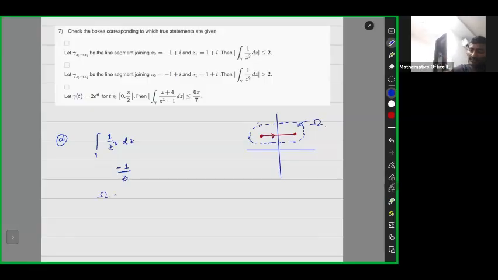So let omega be x plus iy such that y is positive, which is also called the upper half plane. There 1 by z square is holomorphic. In H, 1 by z square is holomorphic and has an antiderivative. So we can use the antiderivative method